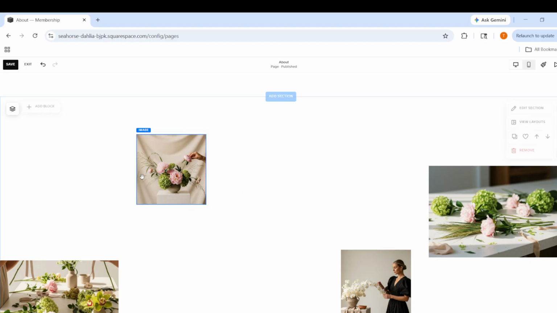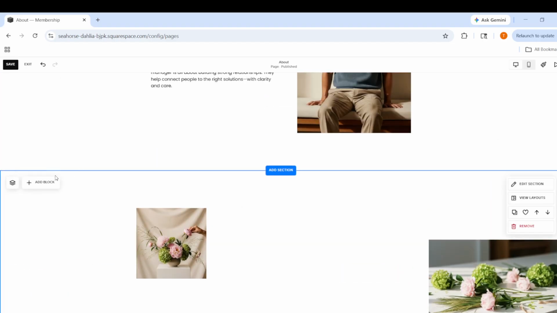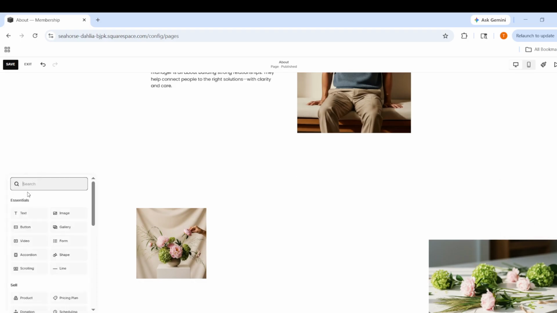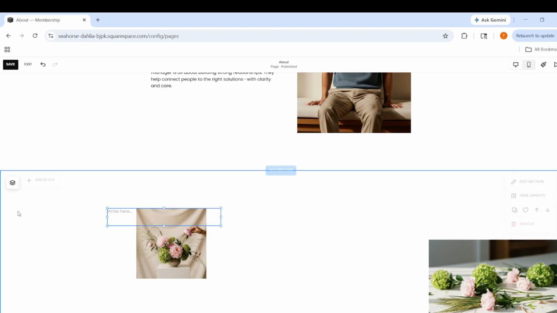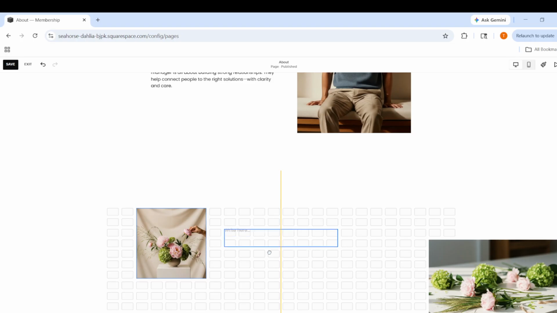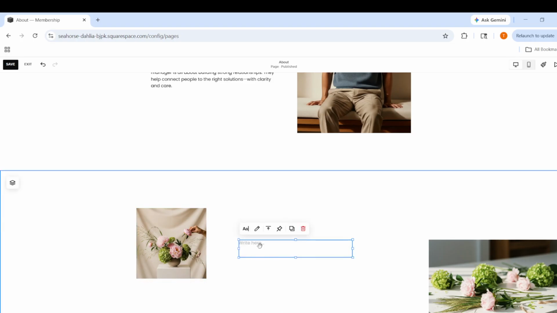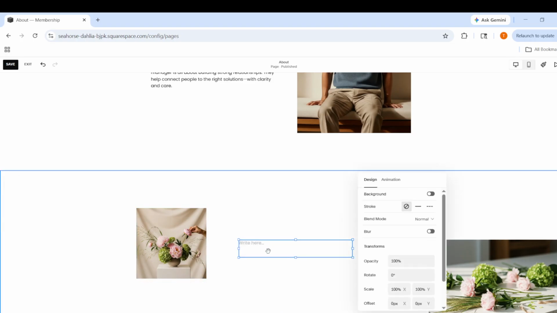After the editor opens, click Add Block in the top left corner. This brings up the block menu, where Squarespace shows different types of content blocks you can insert into your page. From this menu, select Text. Choosing the text block gives you a space where you can add written content, such as headings, paragraphs, short descriptions,